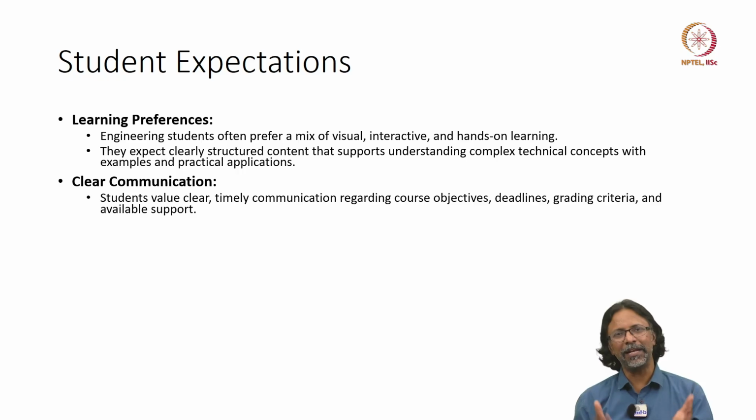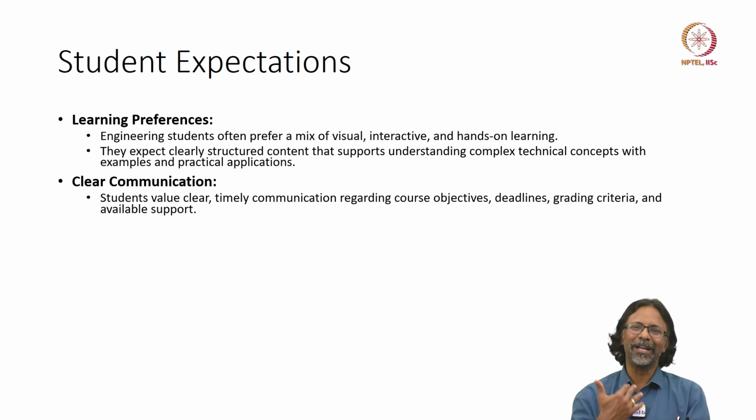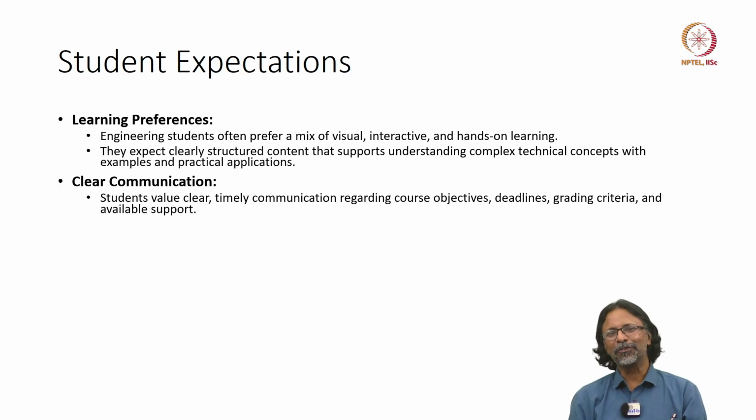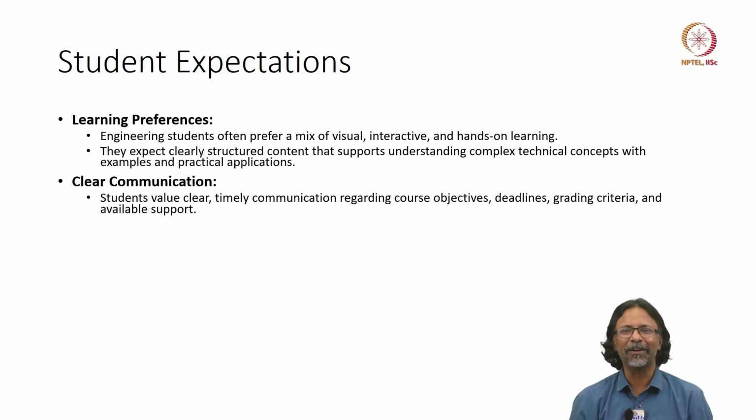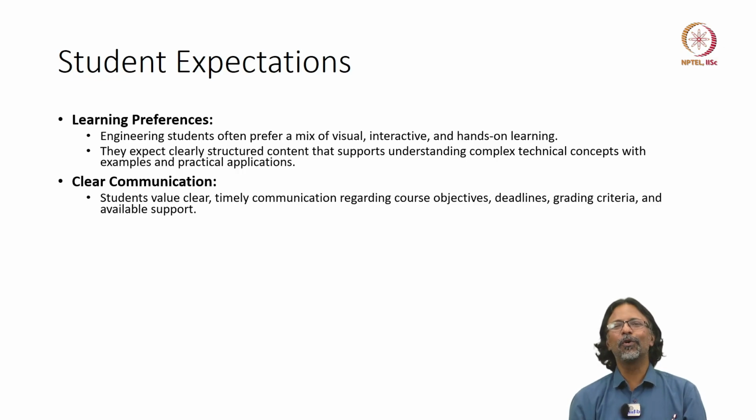That is one aspect of the delivery. But the other aspect is the course objectives and the deadlines. We can be a little loose with these things when we are doing an on-campus course. Most of the times we'll ask the students to come to our office, or we'll send an email at the last minute, or say that I will announce it in the next class. Those kinds of flexibility we don't have. Everything has to be pre-planned very clearly and communicated to the learners up front,